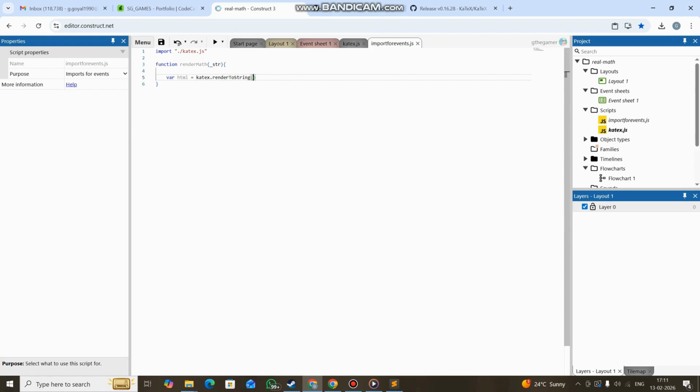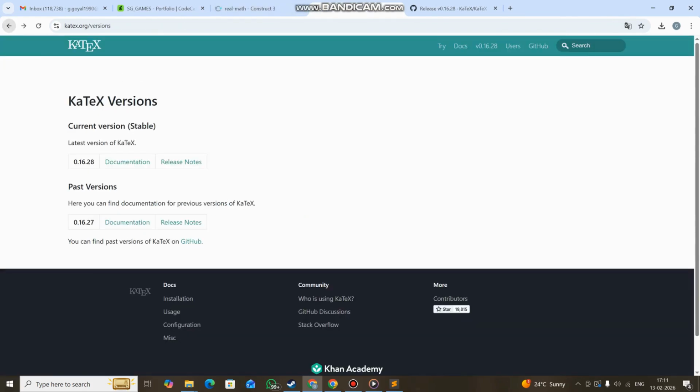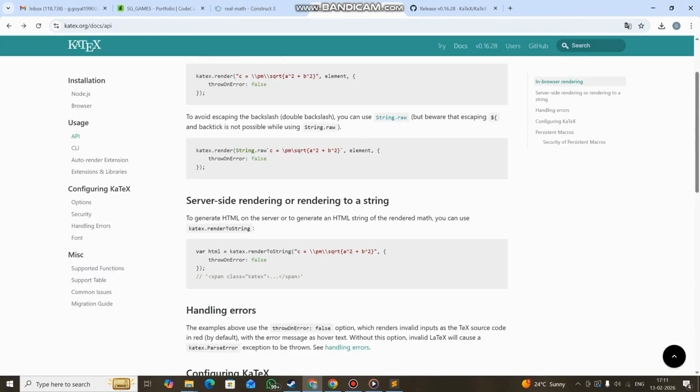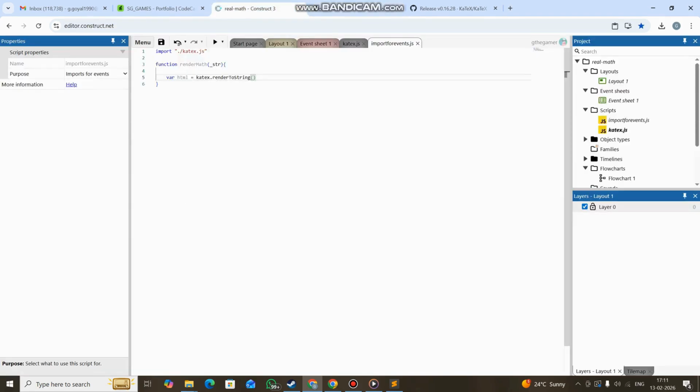And this also requires a string. I think let's go to the KaTeX.org. Let's go back. Okay, so this is the function we need. Now let's copy and paste this. renderToString requires a string. Okay, so let's copy and paste it here,